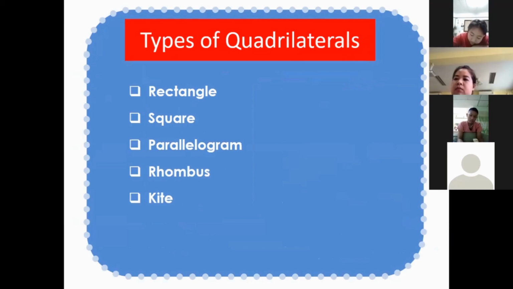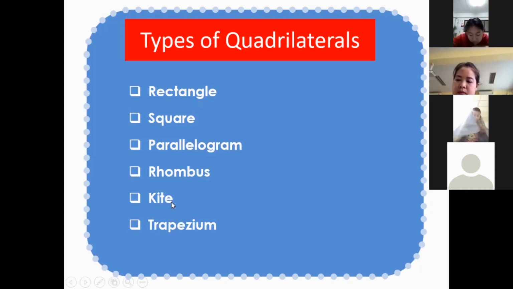You know what a kite is, right? And the last one is trapezium. Again, the types of quadrilaterals are the following: rectangle, square, parallelogram, rhombus, kite, and trapezium. We will learn their properties one by one, so let's start with